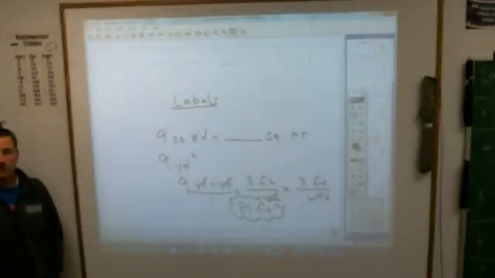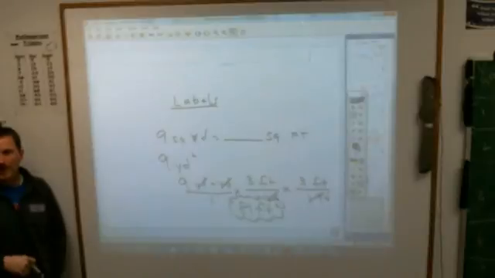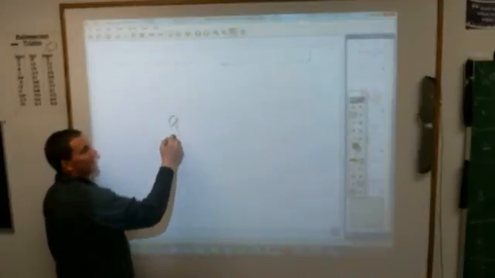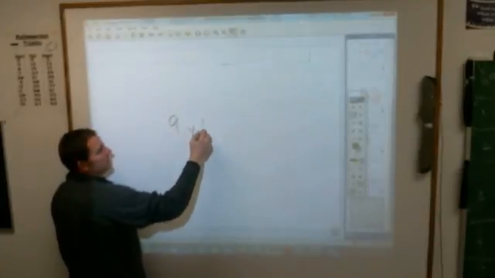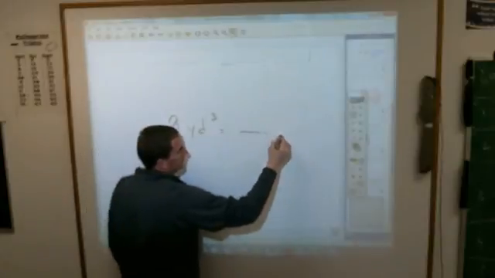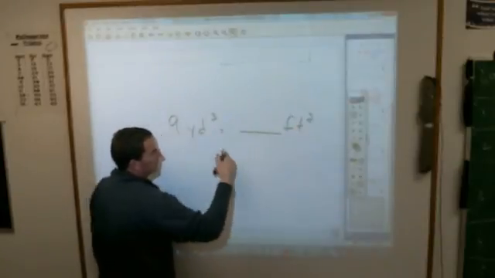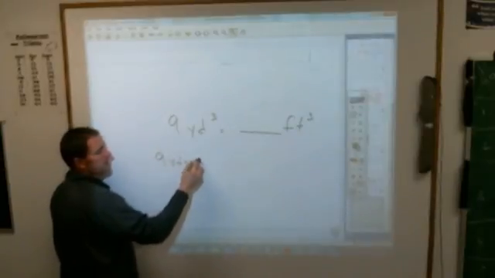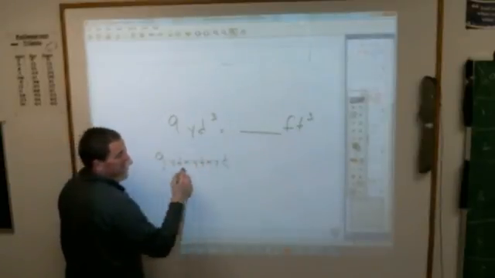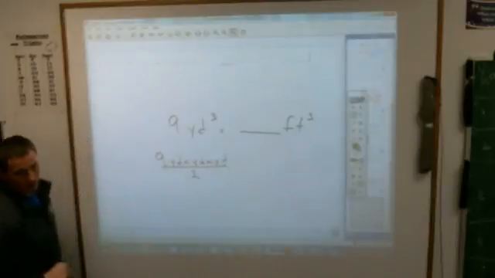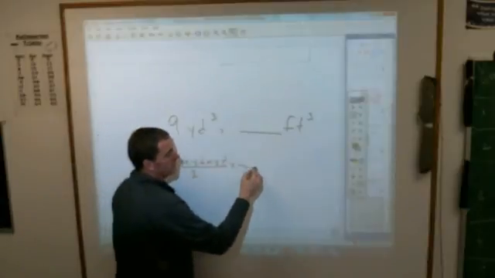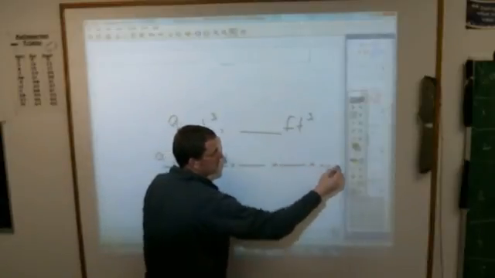Guess what happens with volume? Volume is measured in cubic units. So if I was trying to convert 9 yards cubed into feet cubed, well, yards cubed means you have 9 yards times yards times yards. That's yards cubed. And in order to convert a cubic measurement, you have to use 3 of the same unit